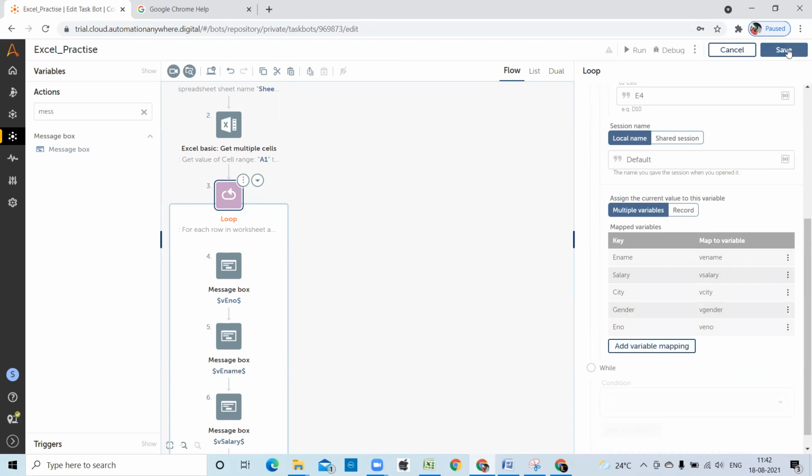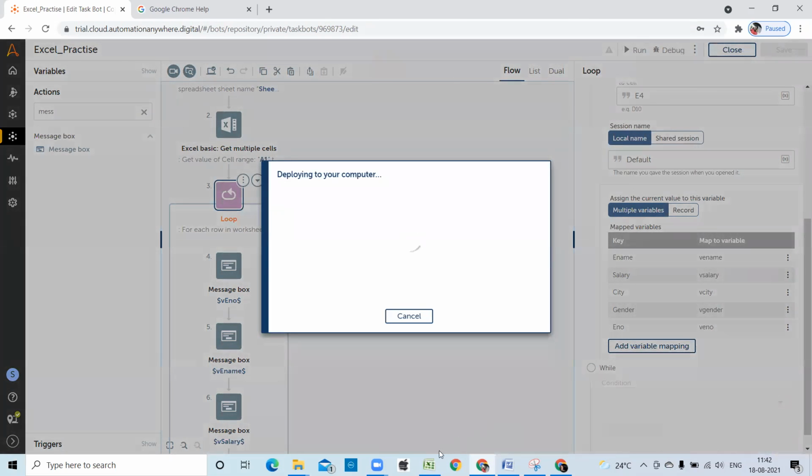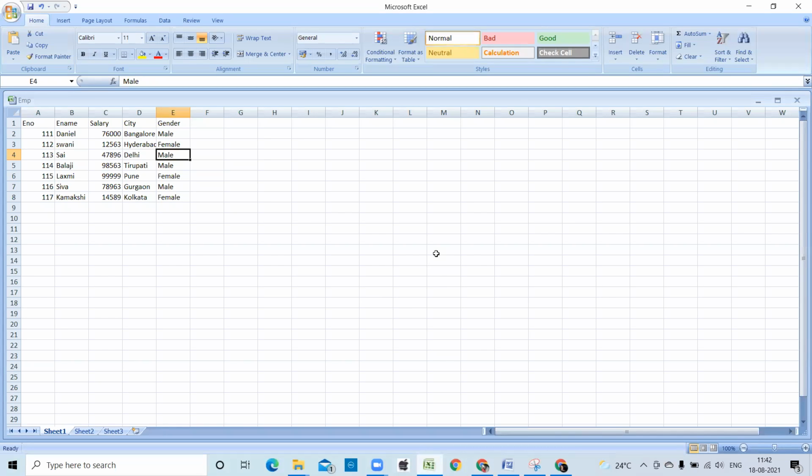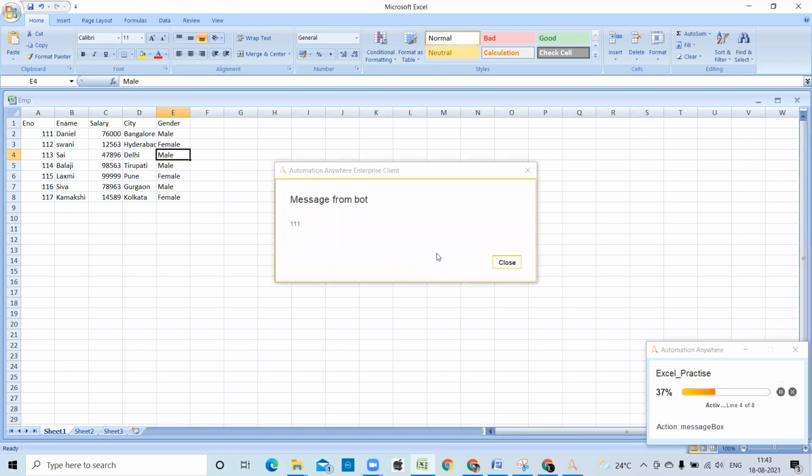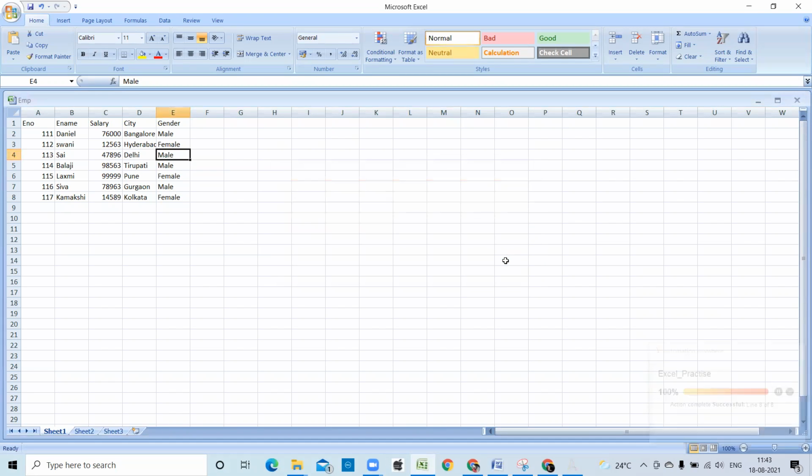Okay, just save and run. Now I'm opening that Excel file. 111 Daniel 76,000 Bangalore male, 112 Swami 12563 Hyderabad female, 113 Sai 4786 Delhi male, but it stopped the execution because I have given A1 to E4.